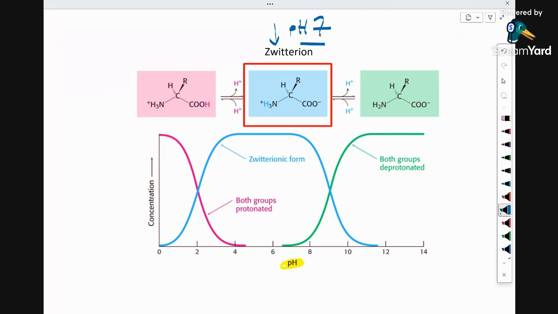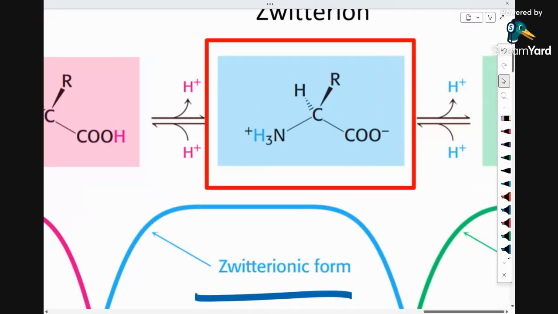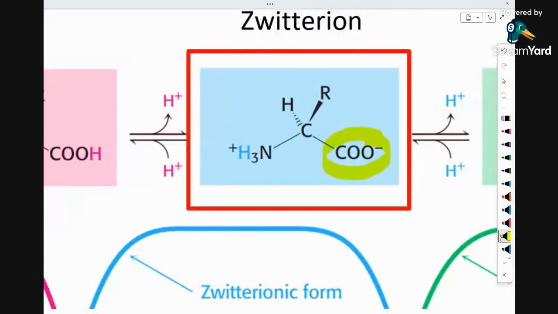The zwitterionic form dominates, and actually it dominates across a range of pHs, from probably about pH 3 or pH 4 to about pH 8 or so. You have your zwitterionic form,